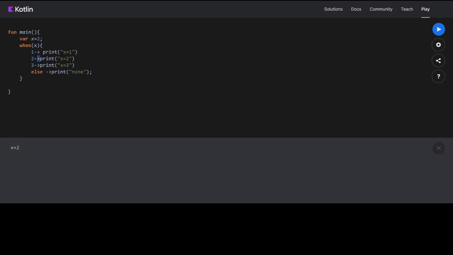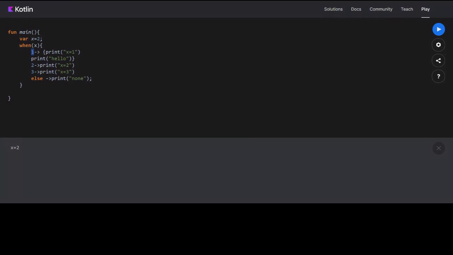Does the else chain require curly braces now? No. Here I am only executing one line, so I don't need curly braces. If you want to execute multiple lines here, you can just put curly braces and add anything here, like print hello, something like that. So this will also work. You have to put curly braces and then write all your code inside that for x is equal to 1.